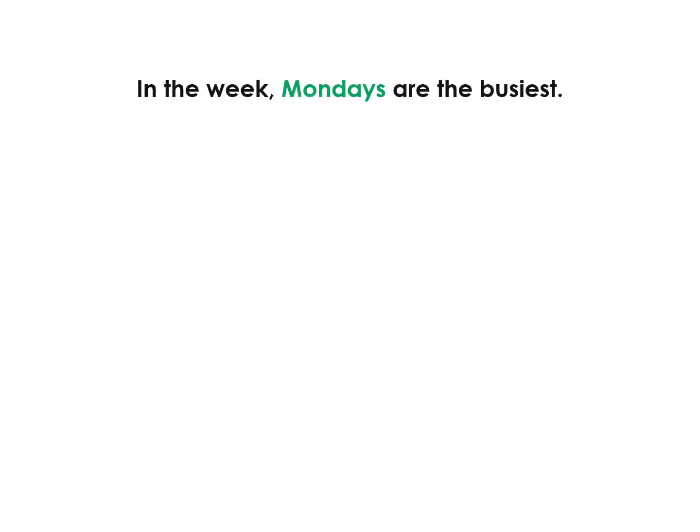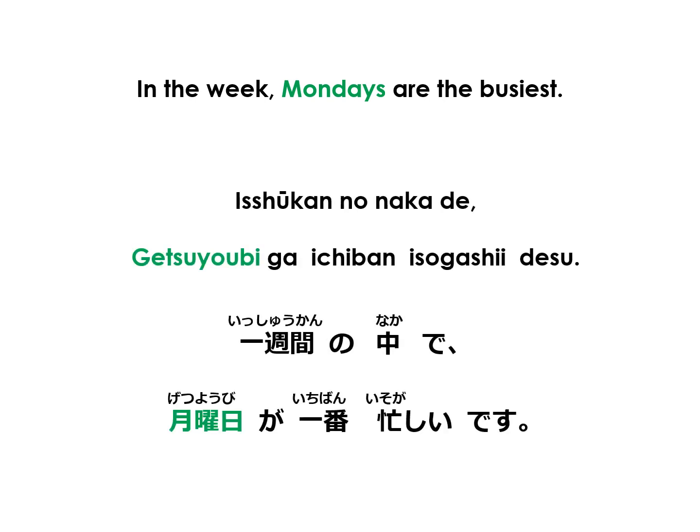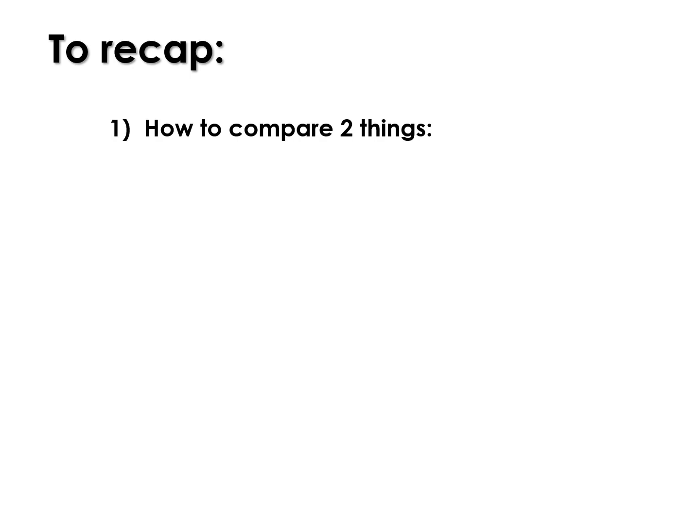Let's say in the week that Mondays are the busiest. In Japanese, we say 1週間の中で月曜日が一番忙しいです。Or skip saying the domain and just say 月曜日が一番忙しいです。